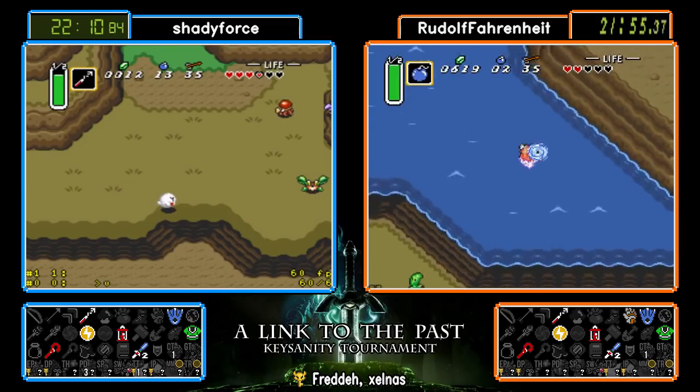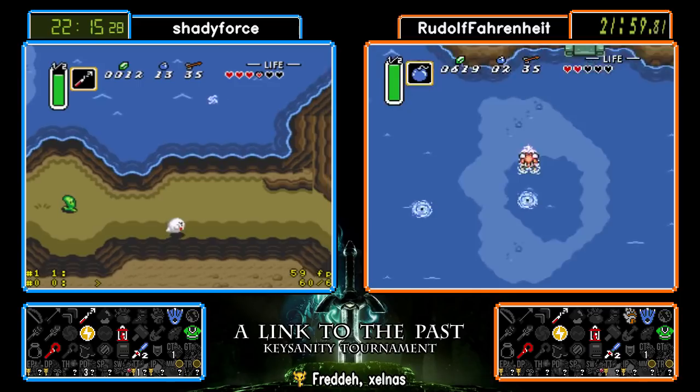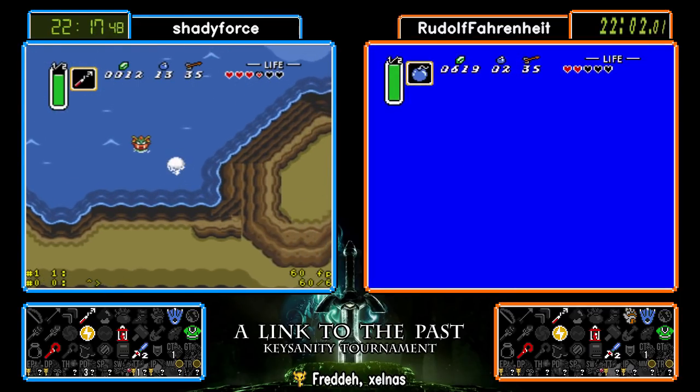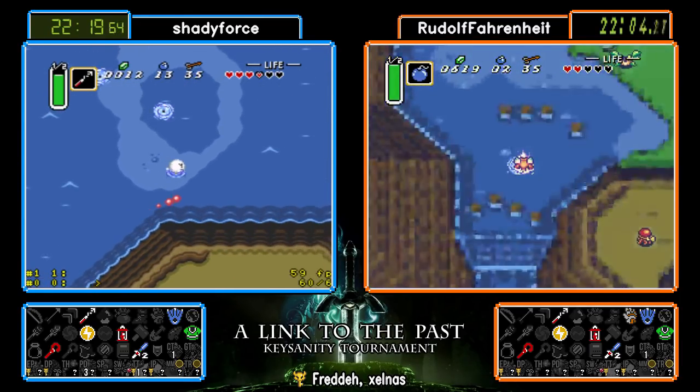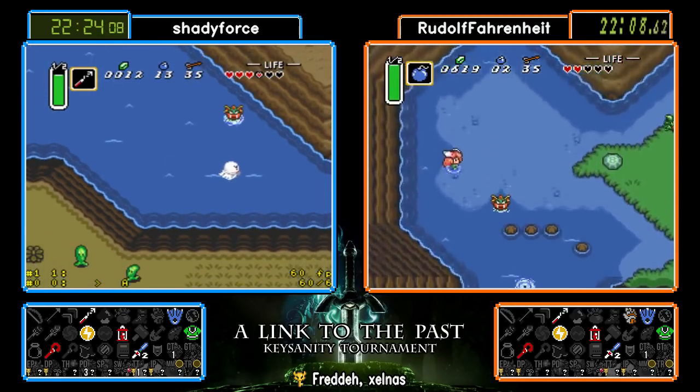Yeah, I think the crabs dealing 2 hearts of damage was an intentional deterrent from getting the Ice Rod before you actually knew where the Ice Rod was. Because there's like a late NPC or psychic tablet that tells you the Ice Rod Cave. So...